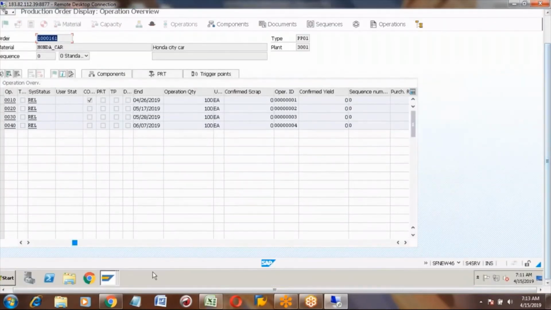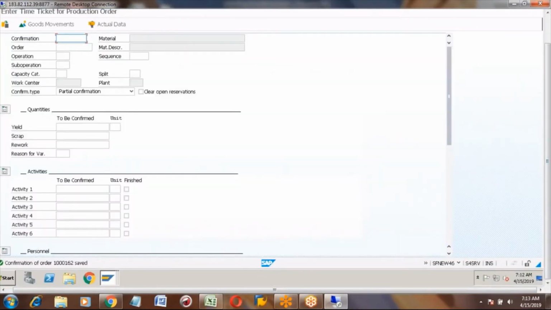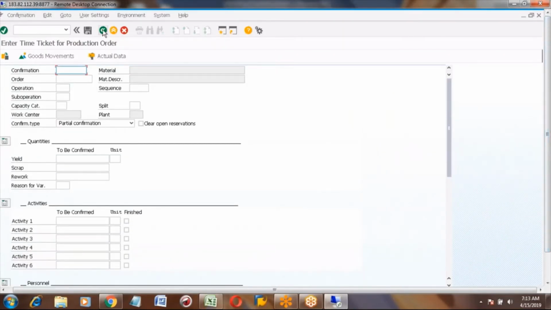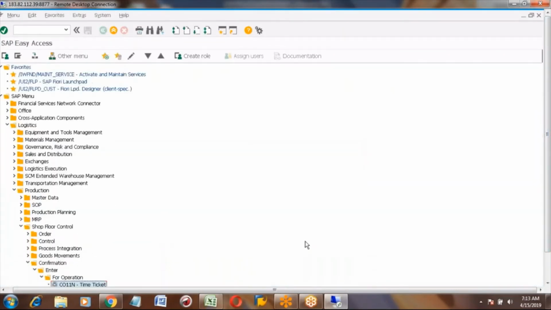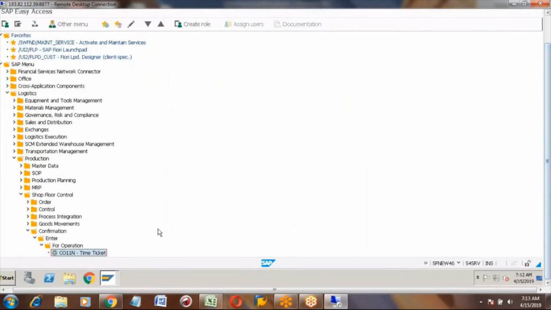So you can use another transaction code, that is CO15. You can see here, confirmation for all orders.